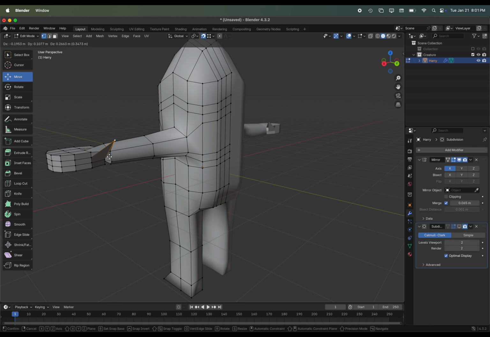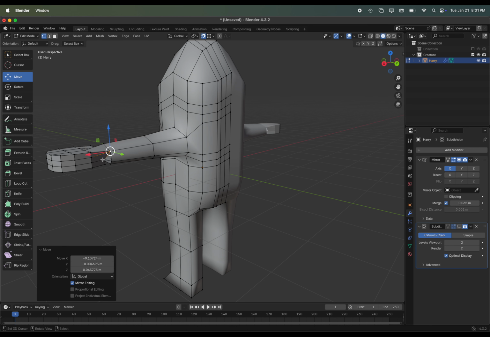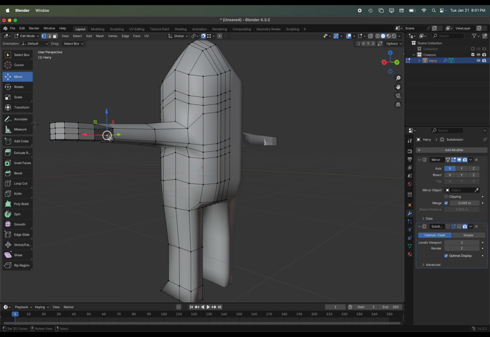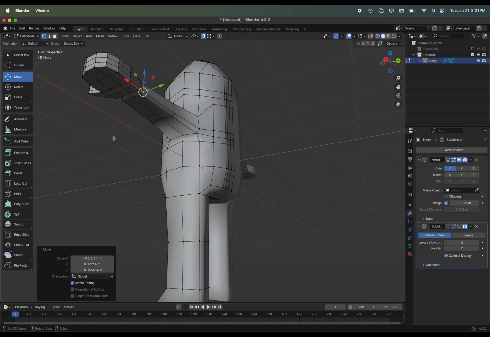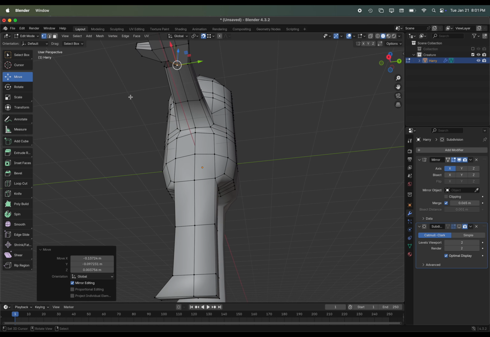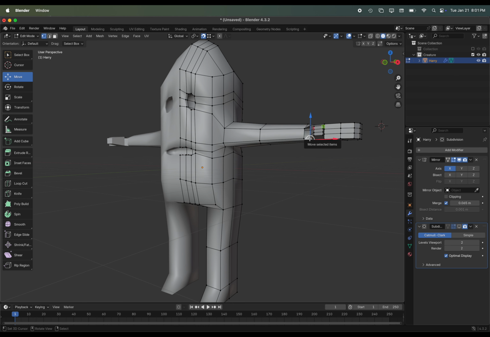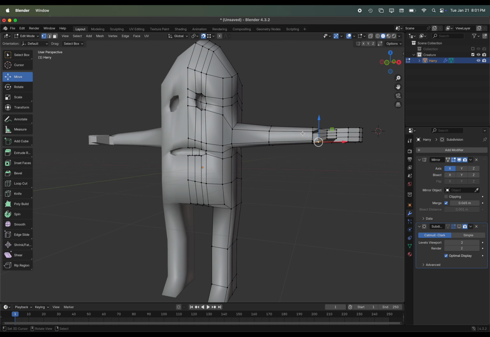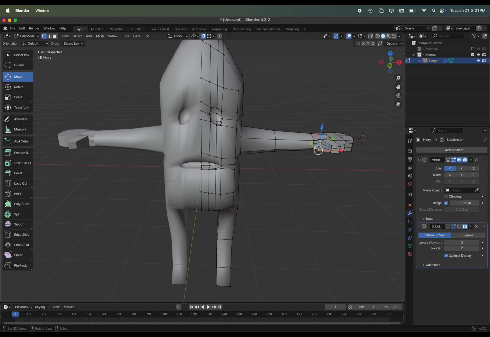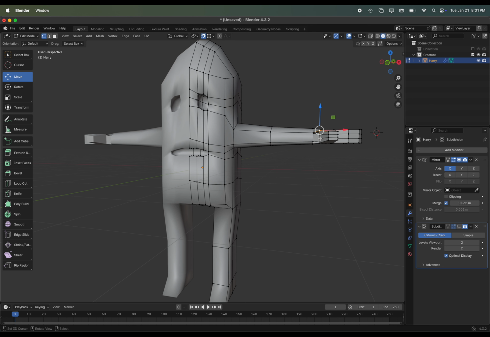Now, if your hand and your arm have a different number of vertices, you may end up merging multiple vertices together, and that is okay. It will end up creating n-gons, so there are certain tools that might not end up working properly, but they're not things that we should need at this stage. So I just want to make sure that everything gets joined together. And I'm just going to undo that.